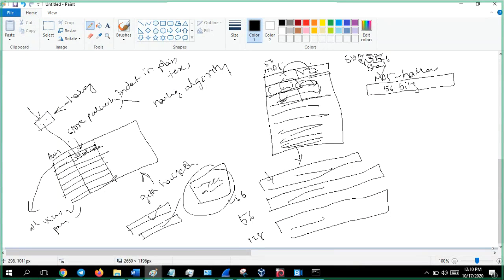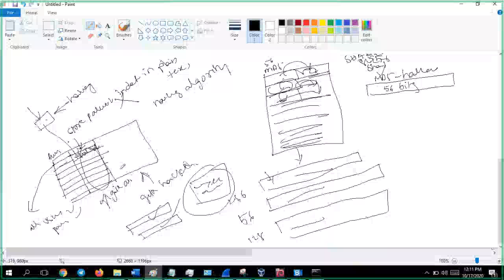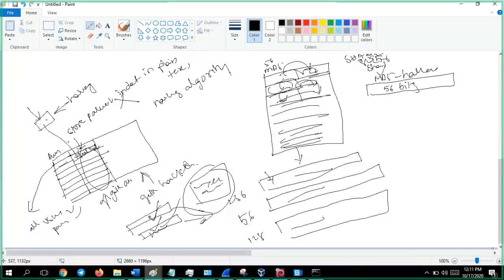If the database gets attacked and he exploits it, what will he get? Hash values. Now if he enters the username and enters the hash value as the password,